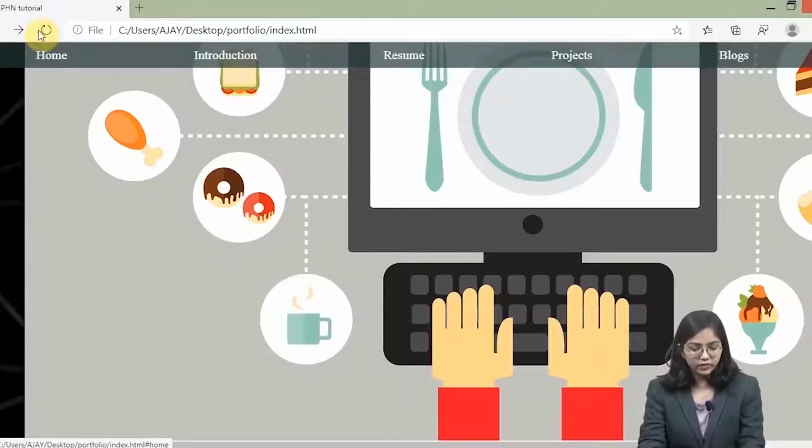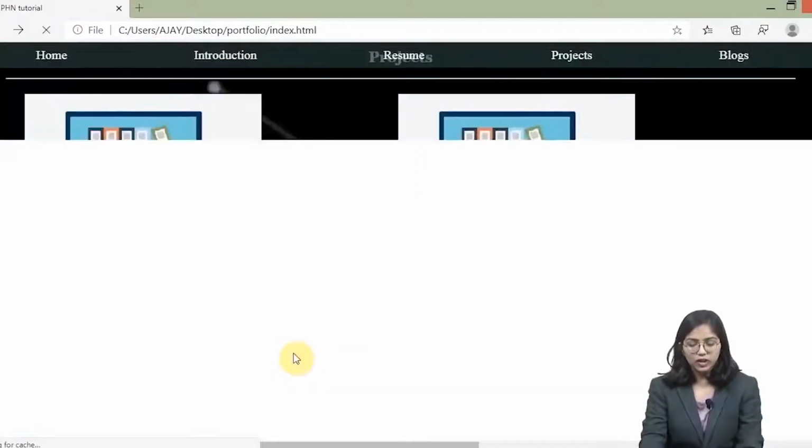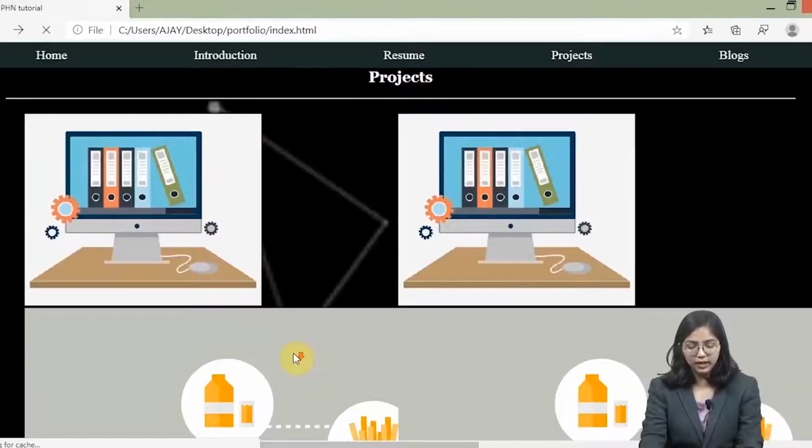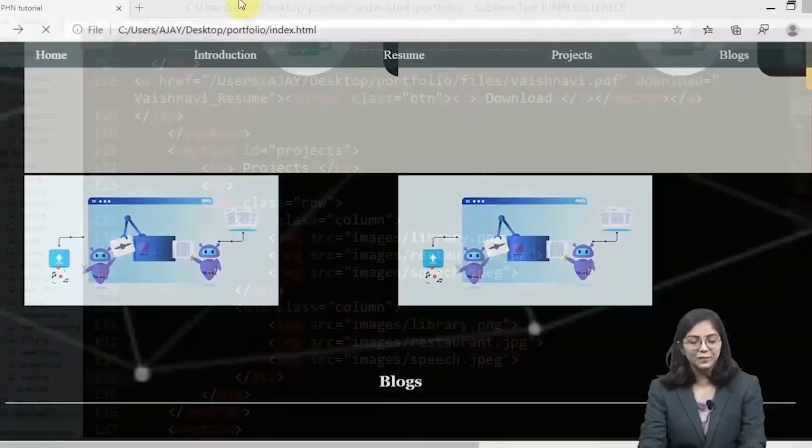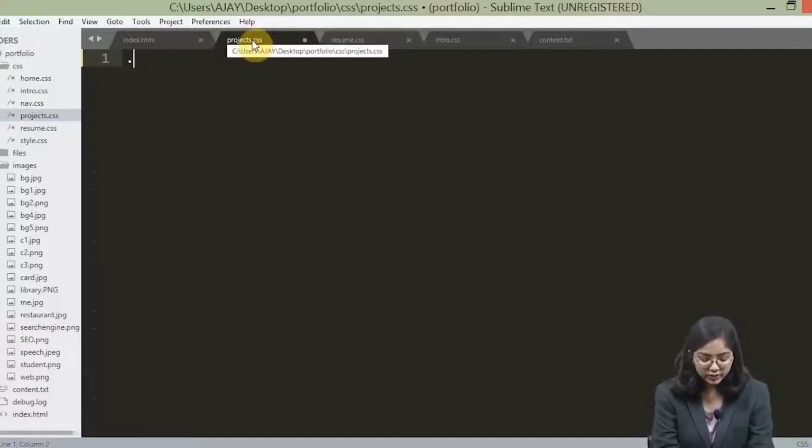So let's just refresh it again. Okay, so our image has appeared and it is overlapping successfully. Okay, so we need to give some styling over here. So I'm going to enter